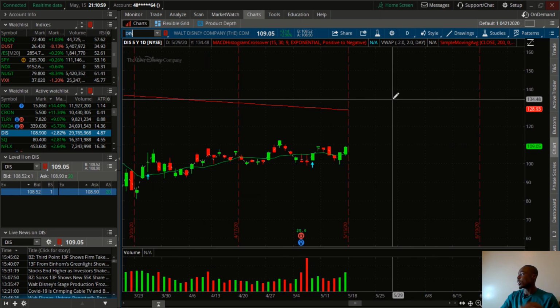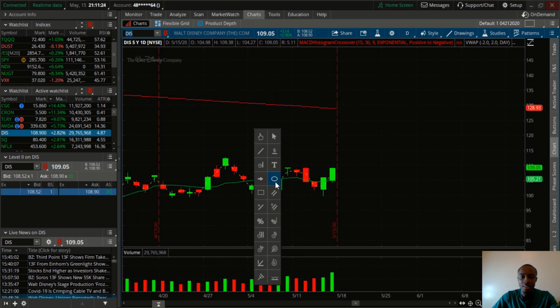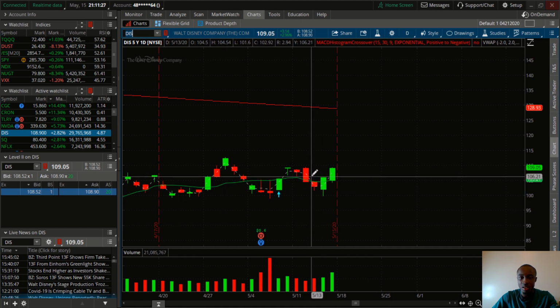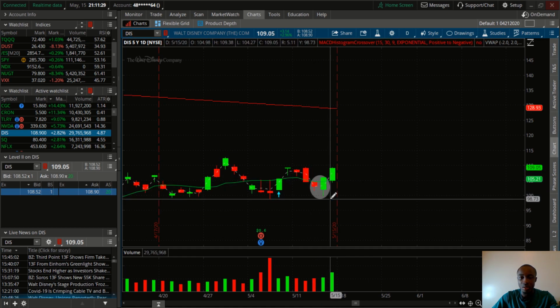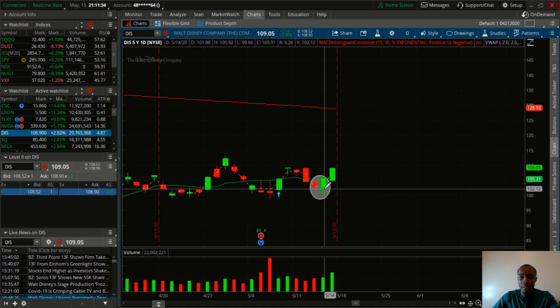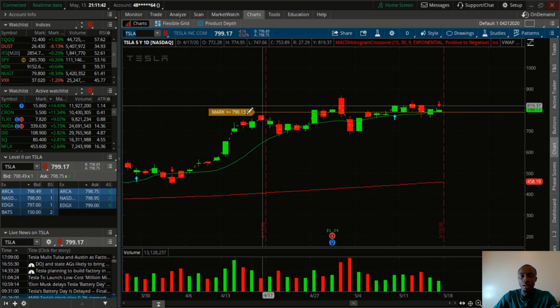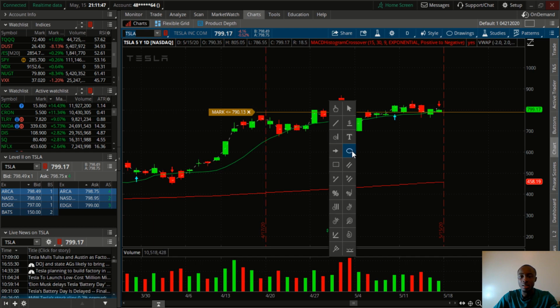Now the pattern that I saw was only made of just 2 candles, just like the pattern on Tesla, but in the opposite direction. If we take a look at the daily chart and we zoom in right there, here is exactly what I want y'all to pay attention to. This right here, okay? Combination of the red candle followed by the green bullish engulfing candle. This is very bullish, just like Tesla. If we look at that on a daily chart, same thing, but in the opposite